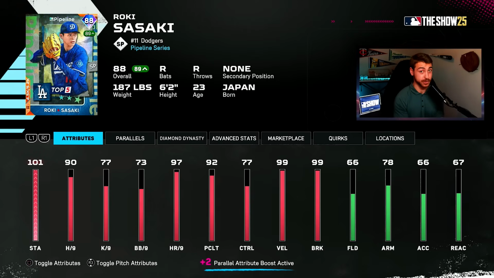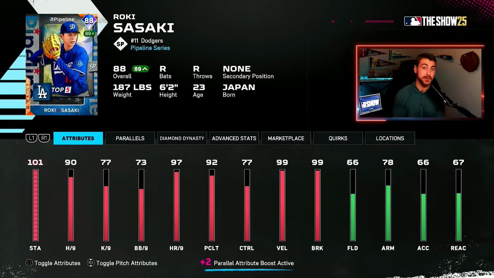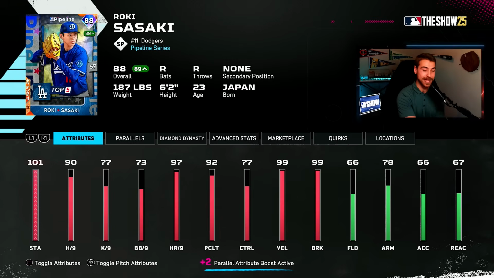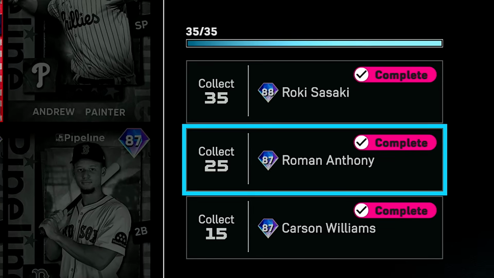He is difficult to control, but again, if you can get your opponents to chase, or especially if you're playing the CPU, this is one of the best pitchers that you can have right now within the game. The mix, 4 of them: sinker, splitter, slider, and a 4-seam. Really effective. Now, of course, to get Roki, you need 35 Pipeline Series cards, but you'll also get Roman Anthony